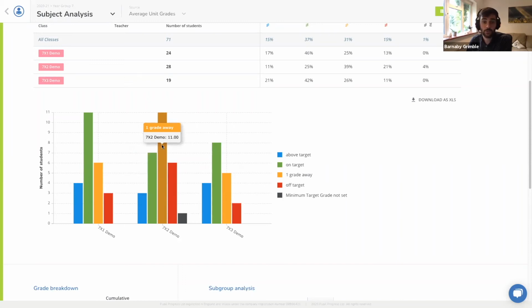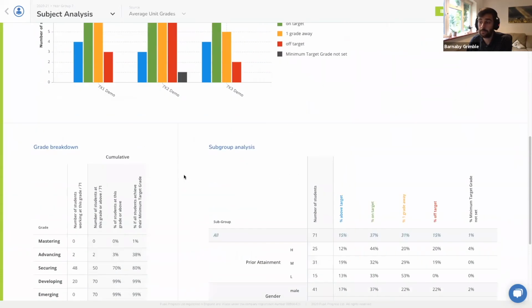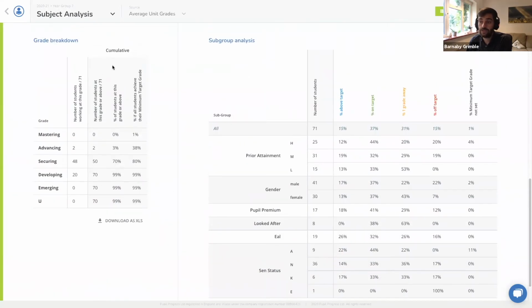What's the way that's been taught? Are there things that we can do to adapt the teaching to improve those areas? So straight off, this now leads to a much more supportive discussion between the line manager and the teacher of the class. If we have a look at the cumulative total, now this is where I was saying about being